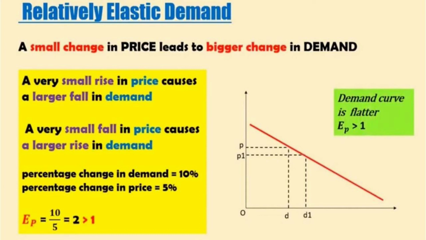So for any commodity, sometimes when the percentage of the price varies by 1% or 2%, people may say that they are not going to purchase, but yet the demand is going to fall. Certain commodities, even if there is a large fall in price, you are not going to purchase that commodity. So it has variation. So the percentage change in demand is 10%. Demand may be decreasing, but the change in the price will be reduced.